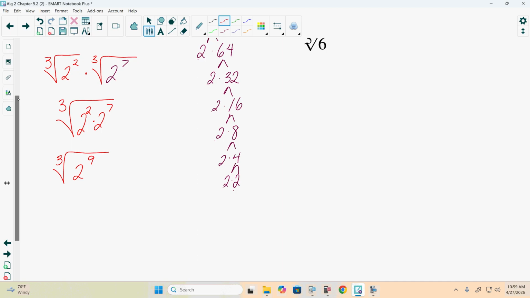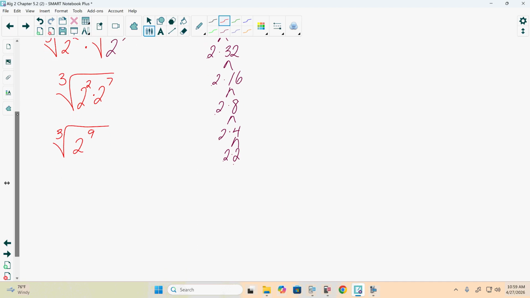Two ways we can look at this. One, how many groups of 3 go into 9? How many groups of 3 2's can we take out of 2 to the 9th? Or